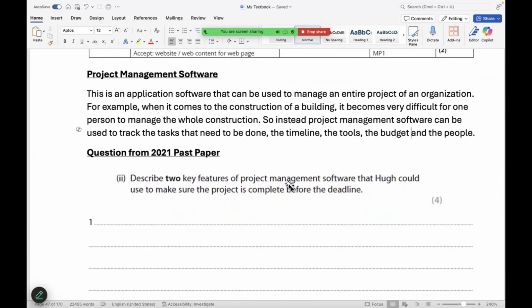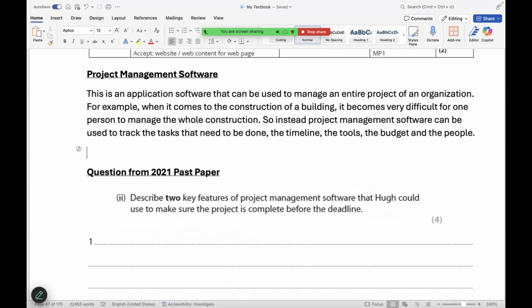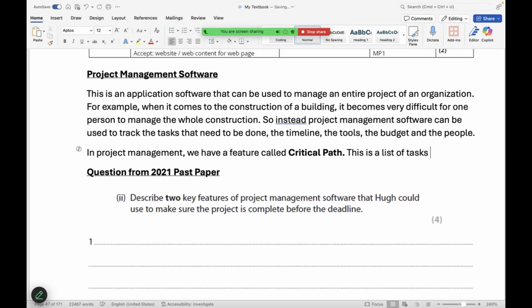There's one more note to take down over here. In project management, we have a feature called, what? Critical path. This is a list of tasks that